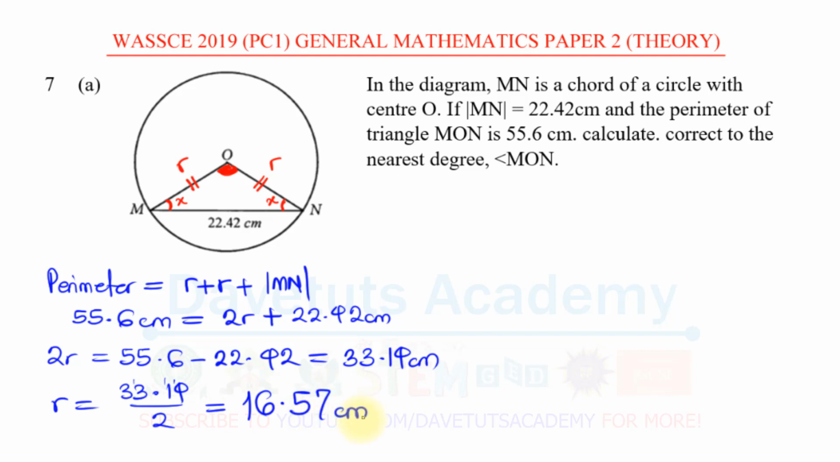Okay, so the radius, the sides OM and ON of this triangle, or the radius of the circle, is 16.5 centimeters. Nobody asked us to find the radius. We are asked to find the angle MON. Now I want to show you something. Let's look at this triangle. If we divide that particular triangle into two, just like this,